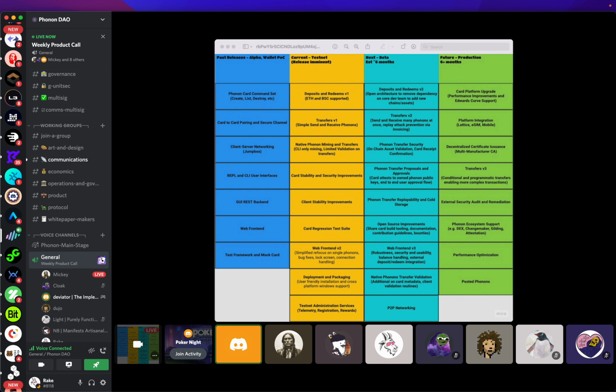Mainly that there could be a problem with replay attacks, like replaying the same packet to a Phonon card repeatedly. Right. And it's also going to allow for larger Phonon packets. So right now, I think there's a limit of 4-ish phonons that can be sent at once without multiple messages needing to be relayed. And in the beta, we're going to be able to send way more than that, probably like 50 at once or something. So that should speed things up and also simplify the logic.